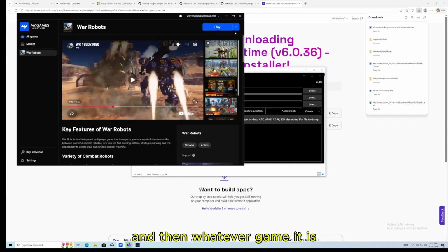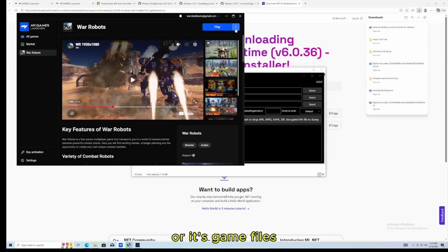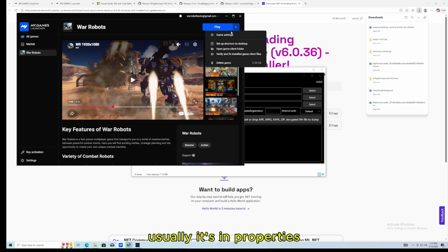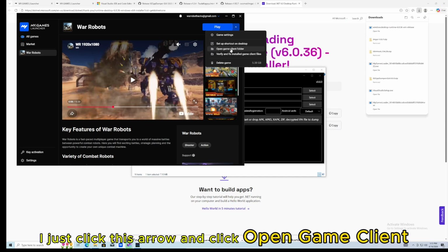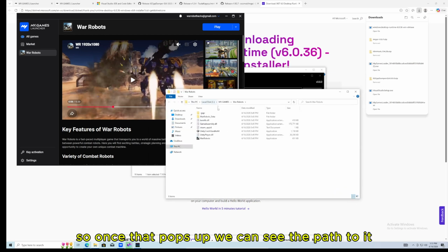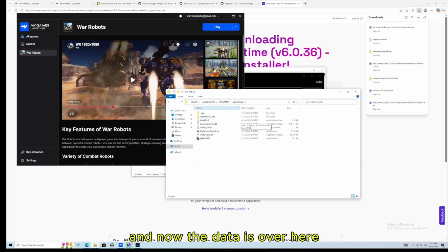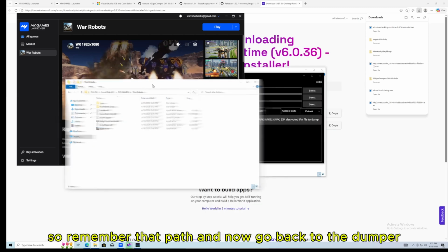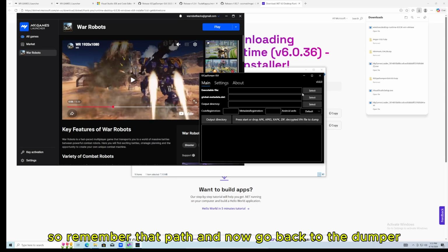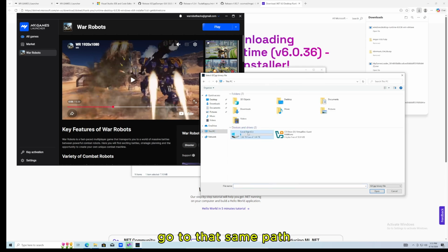and then whatever game it is, there's always a way to get to the client folder or its game files. Usually it's in properties. For me, I just click this arrow and click open game client. So once that pops up, we can see the path to it, which is C, my games, or robots. And now the data is over here. So remember that path, and now go back to the dumper, go to executable file, go to that same path,